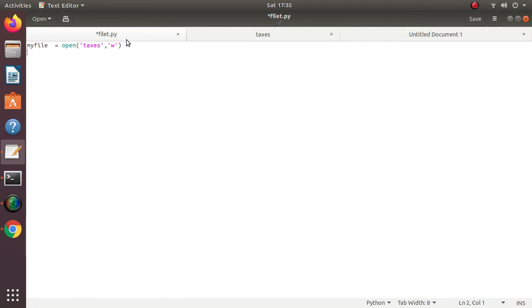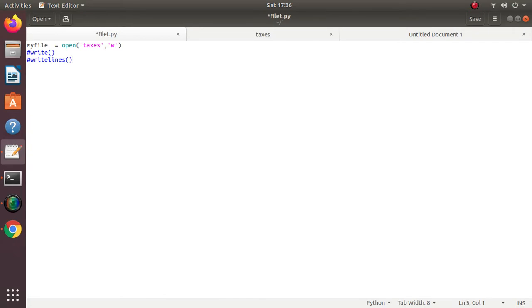So there are two functions available to write inside the file. The first function is write, and the second function is writelines. First we will see how the write function can be used.